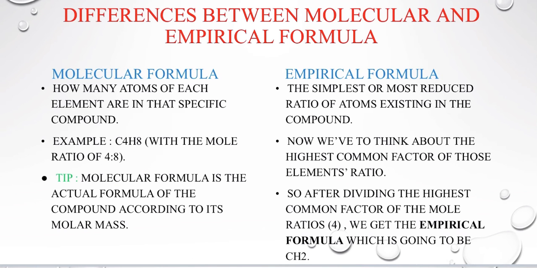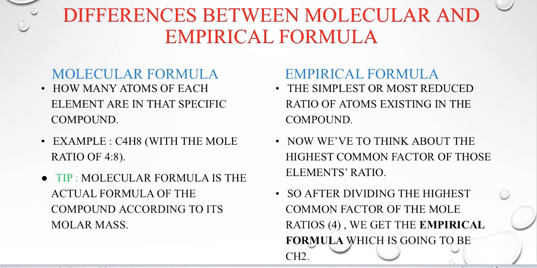What is the molecular formula? The molecular formula is the number of atoms of each element that are in that specific compound. For example, C4H8 with a mole ratio of 4:8, as you can see in the formula. And there is a tip here: the molecular formula is the actual formula of the compound according to its